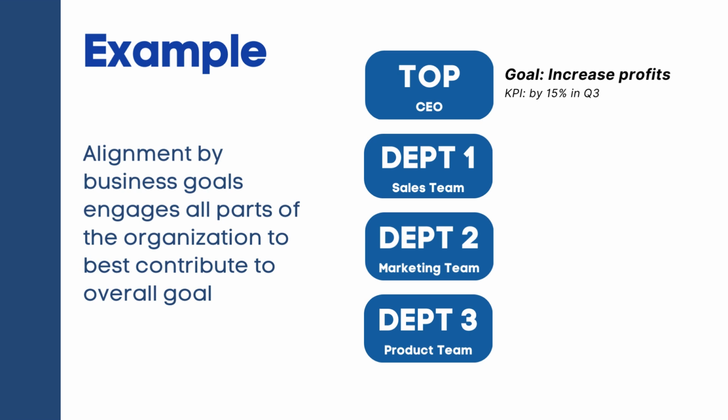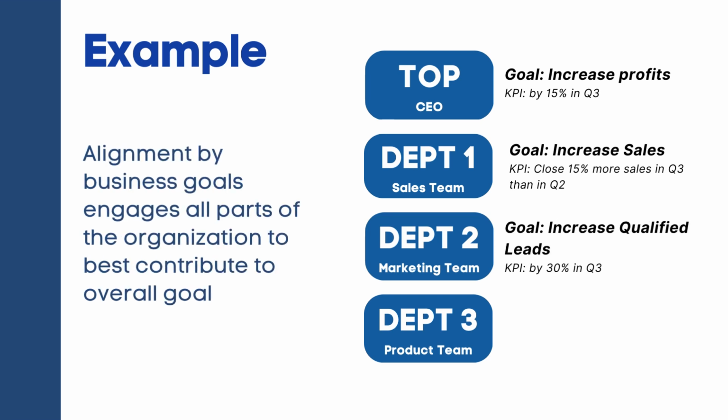At the top, the CEO has established an overall goal to increase profits with a KPI by 15% before the end of Q3. The sales team aligns to the company goal and contributes with a sales team focus goal to close 15% more sales in Q3 versus Q2. The marketing team contributes to the corporate goal by providing a supporting goal to increase qualified leads by 30% in Q3. The product team contributes to the company goal by providing a supporting goal to deliver feature X in Q3 to